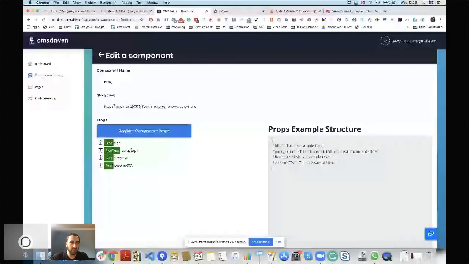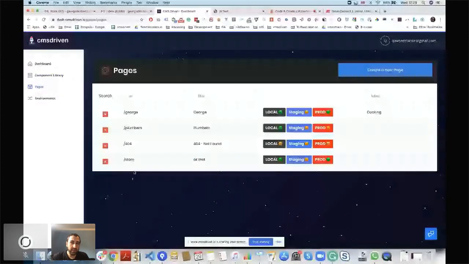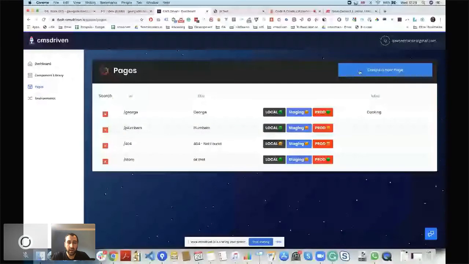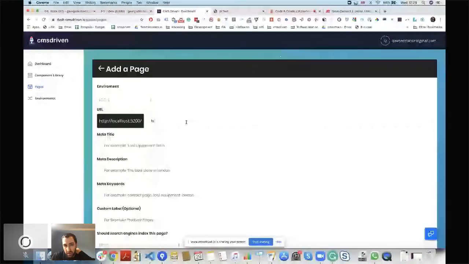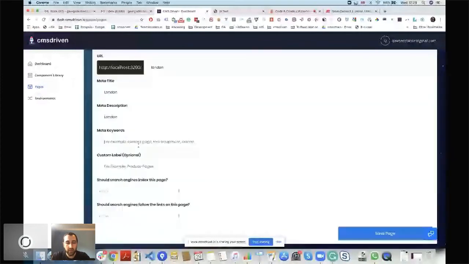What I can do with this now is go to the pages and create a new page, and I'm going to call this page London at the moment. So I'm in the local environment, London, and I'm going to name the title London. Let's just put a meta description for simplicity, meta keywords for SEO, London, comma, something else,